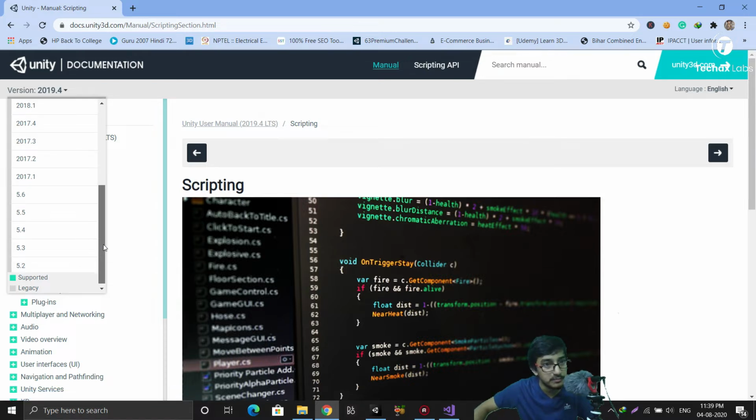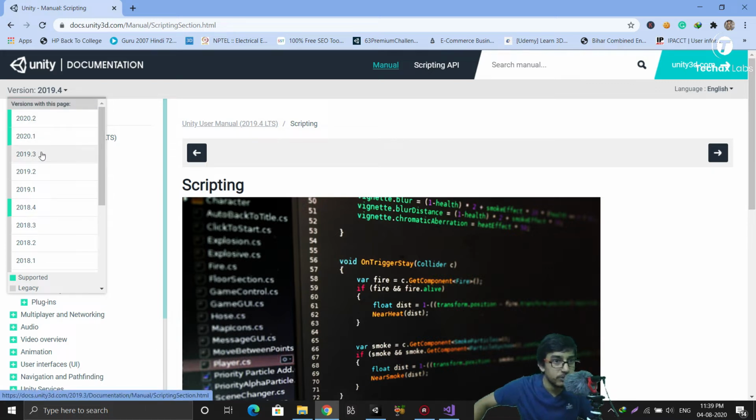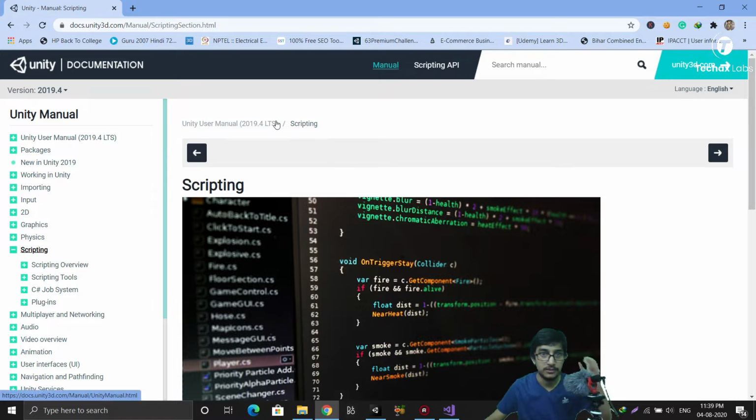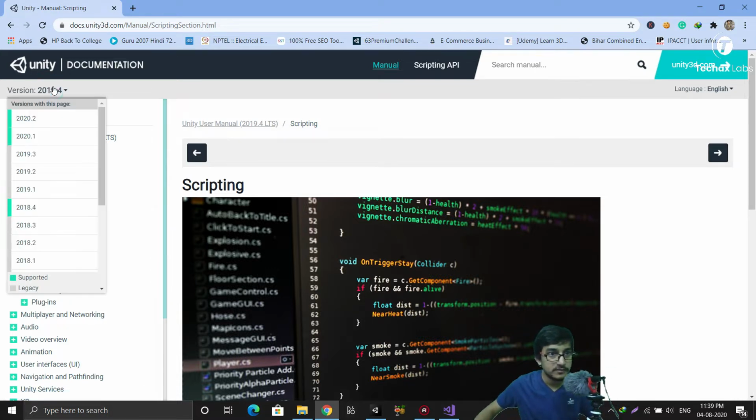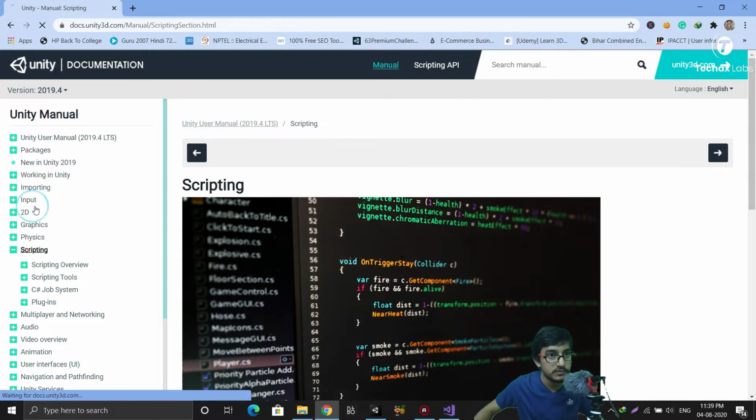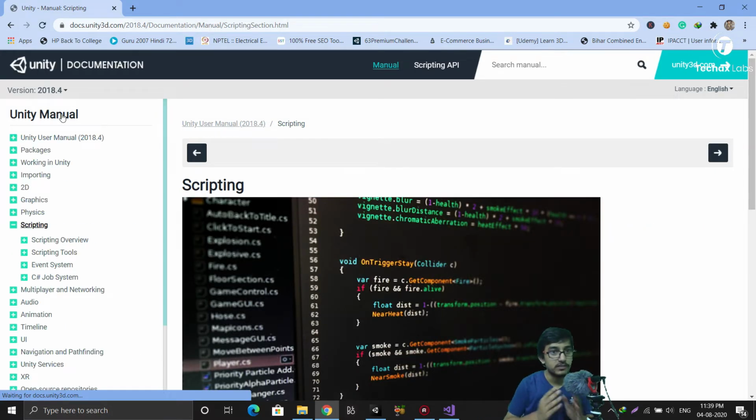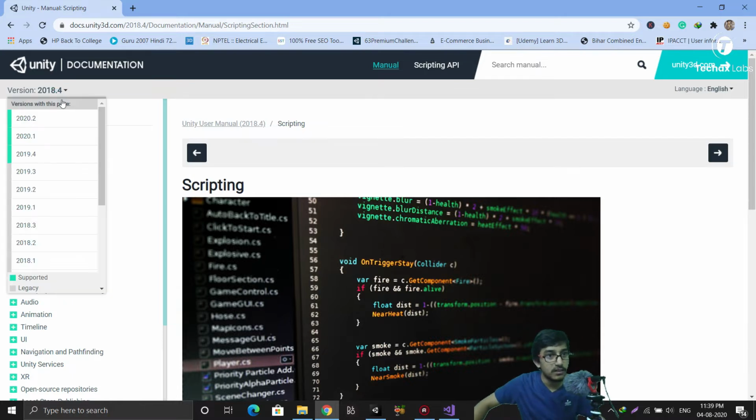They have stopped it for Unity 3, and you can see 2019.4 is not currently updated. 2019.4 is actually selected, so I don't need to do anything. But if you have a different version, say suppose 2018.4, just select 2018.4 and the scripting manual for the 2018 version of Unity will be opened. More or less they are the same, only a few changes are there. So I will go with this 2019.4 version,